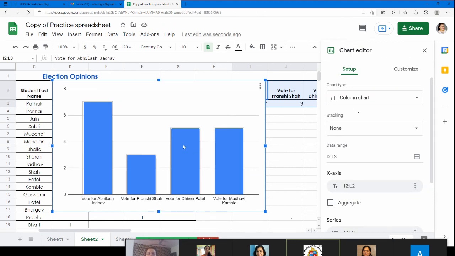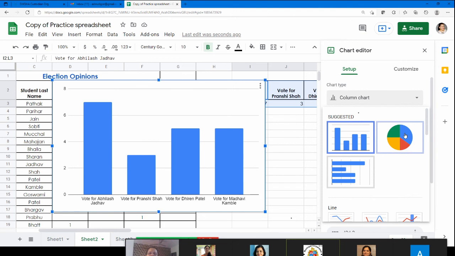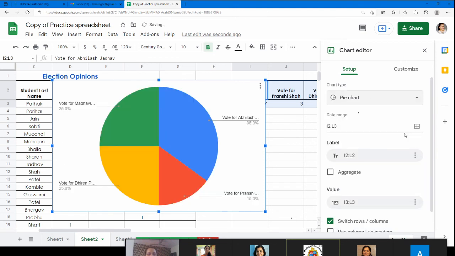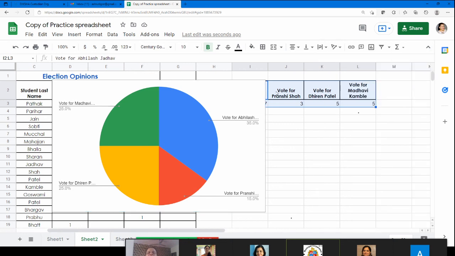Either you can have a bar graph, so it shows who scored, and it has automatically given 0, 2, 4, 6, 8. So who has scored how many votes, or has got how many votes. If you don't want a column chart, let's suppose you want a pie chart, so you click on pie chart. So this is how you can insert a chart, a graphic representation of the data.